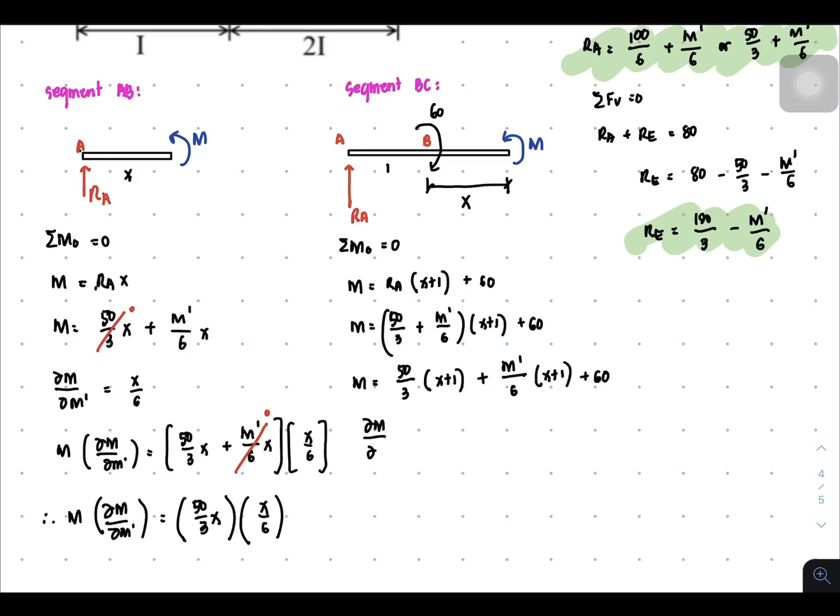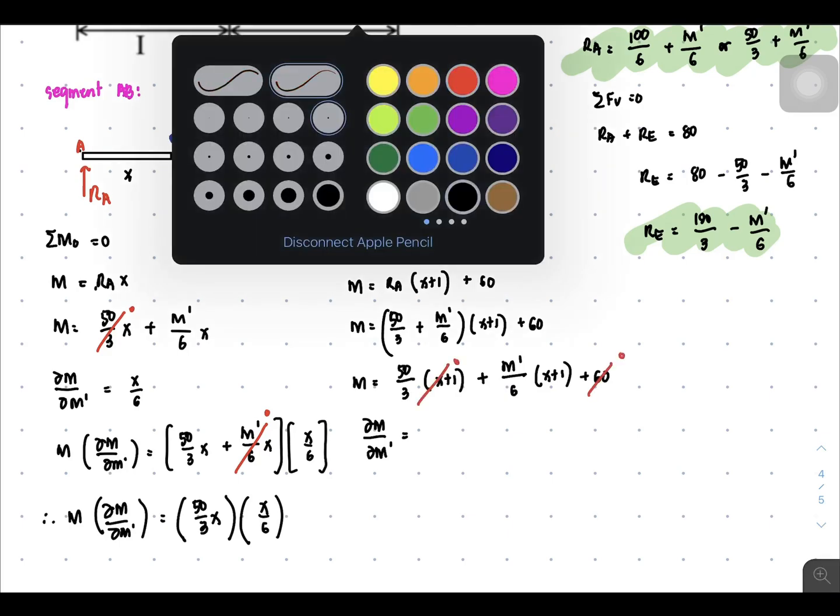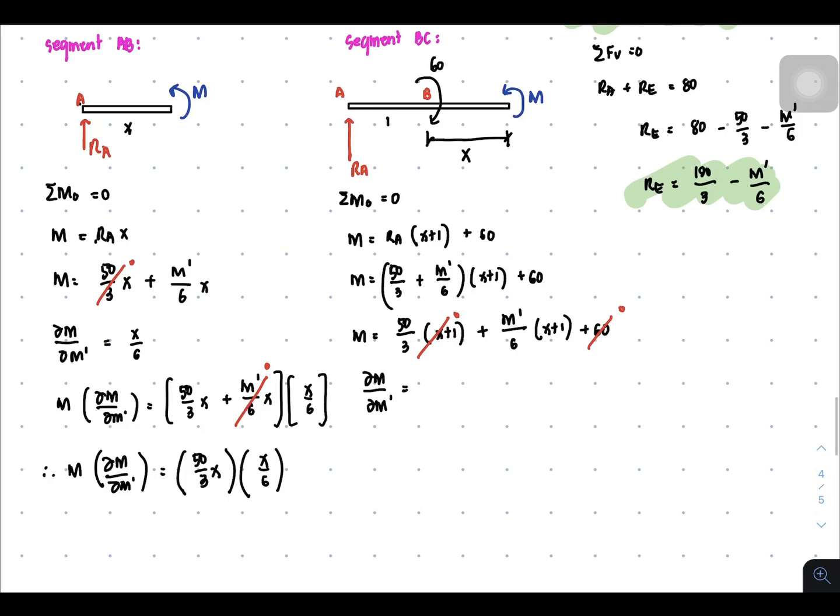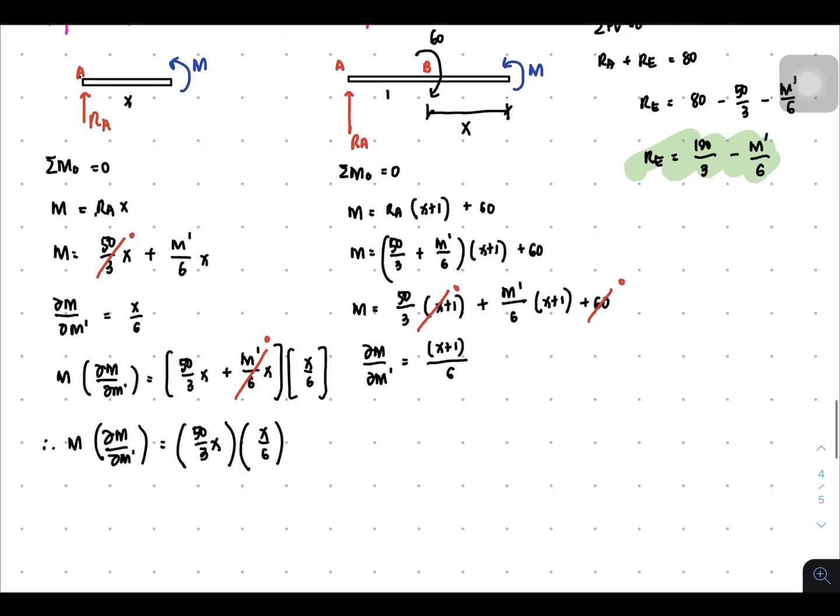And this time, since we will be getting the partial derivative of m with respect to m prime, we will be setting the value of the terms with no m prime to 0 for the meantime. And we will be considering the m prime to be the variable, and the coefficient, you have to copy the coefficient. It's now x plus 1 over 6 there. So with this case, the product would be now equal to